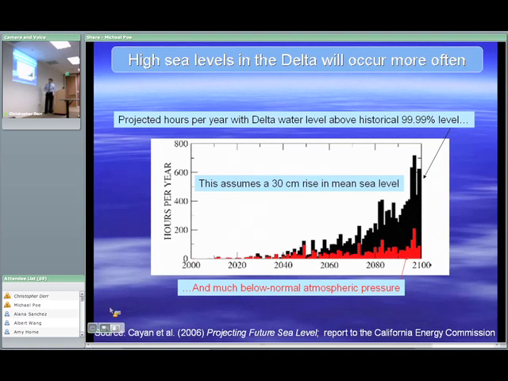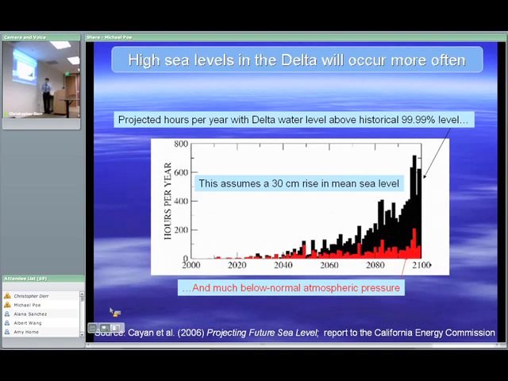Now this is illustrating how that works. This is actually from a study that assumed a pretty modest rise in global sea level, 30 centimeters by 2100. That's really at the low end of the range, actually. And this is a projection of sea level rise in the delta, of course. Now, I think all of you understand the importance of sea level rise in the delta. We want to keep the salt water out of the delta because our drinking water, for no good reason really, percolates through the delta. And so if it gets salty, that's a big problem.